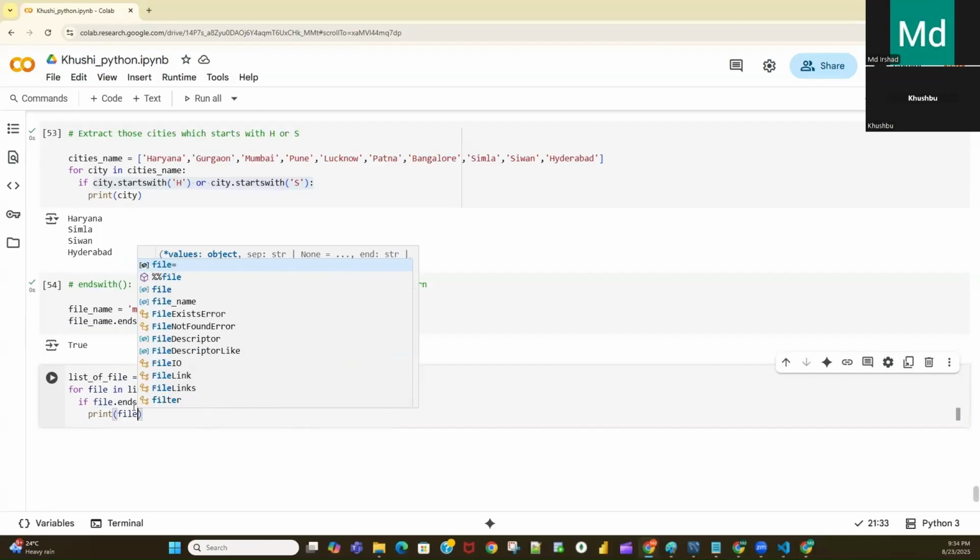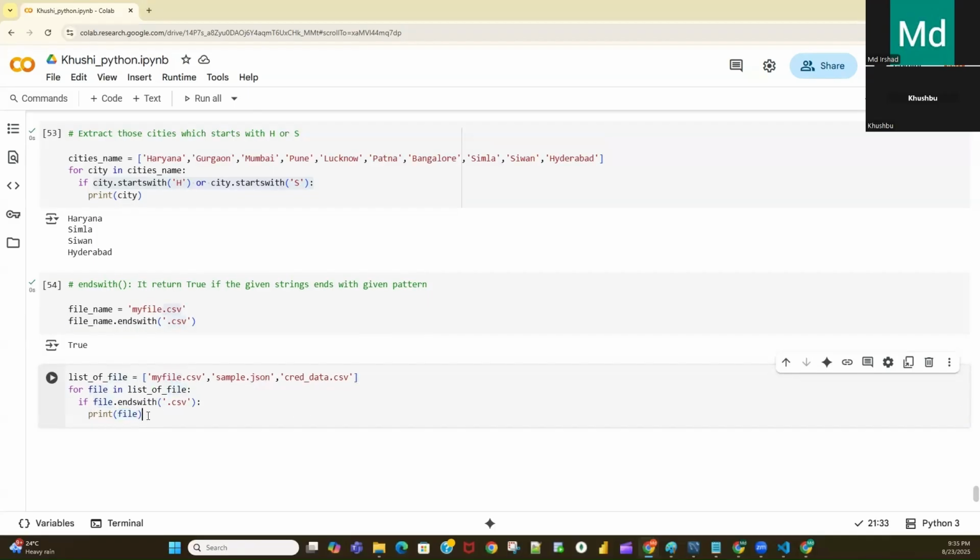Here I am just printing the file, but in real time we need to write the logic where we read the file. So the for loop will iterate over this list, taking one file at a time. First it will take this file, and it will check whether this file ends with csv. If it is true, then inside this we need to write the logic where we will read this csv file.